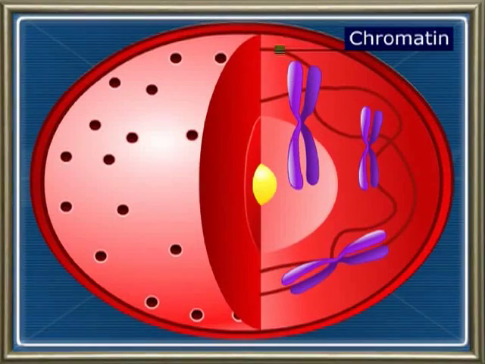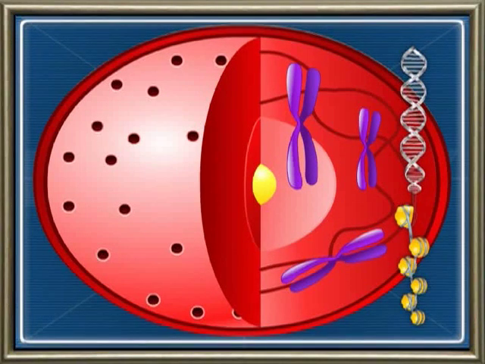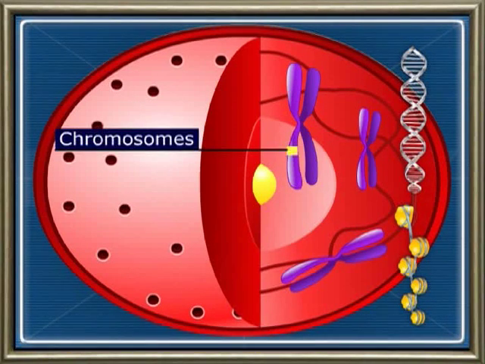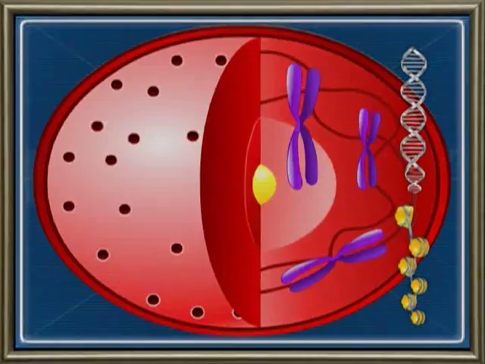The chromatin is a network of thread-like structures. These thread-like structures contain the hereditary material, the DNA. During cell division, the chromatin, which is in the form of a network, becomes more distinct. One can see a definite number of rod-like structures known as chromosomes. The chromosomes store and transmit the hereditary material. A number of genes are present in the chromosomes. Genes are composed of DNA.